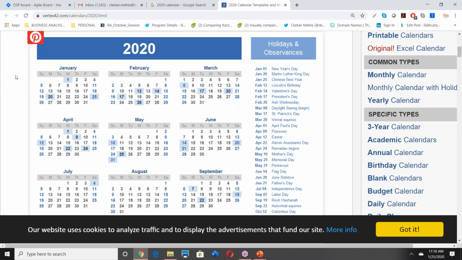So there is no definite answer that a Scrum Master has to do this report, like business analysts create stories. That everybody knows. But for Scrum Master, it's not that he or she has to create exactly this report or that report. Whatever needs to be communicated to the stakeholders has to be reported.